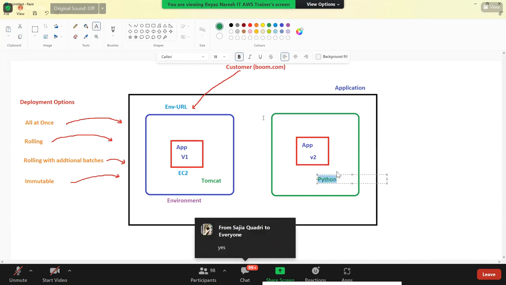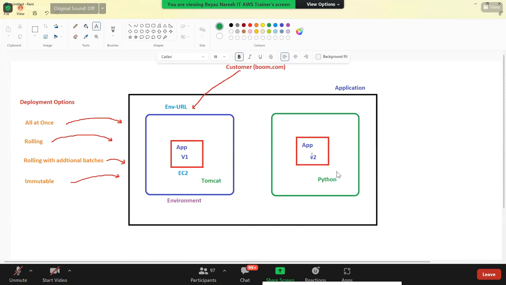Yes, guys, doing it on the existing environment is difficult because the customer is using it, and I would need downtime, etc. But here I'm creating my own parallel environment with whatever is required. If my application has changed to version 2, yes, I will update it. My platform itself is now changing from Tomcat to Python. Yes, I can do it. And it has its own environment URL,